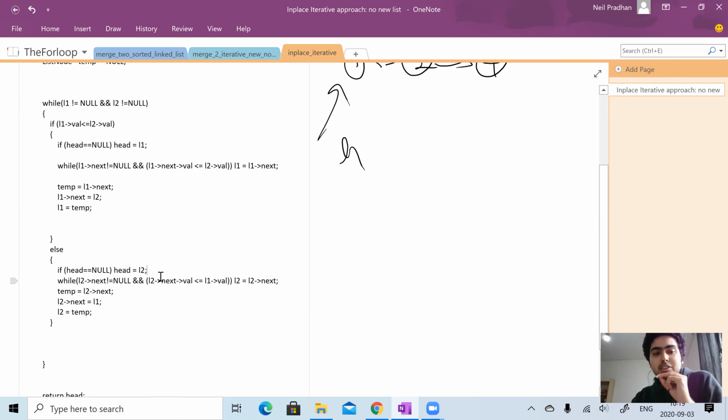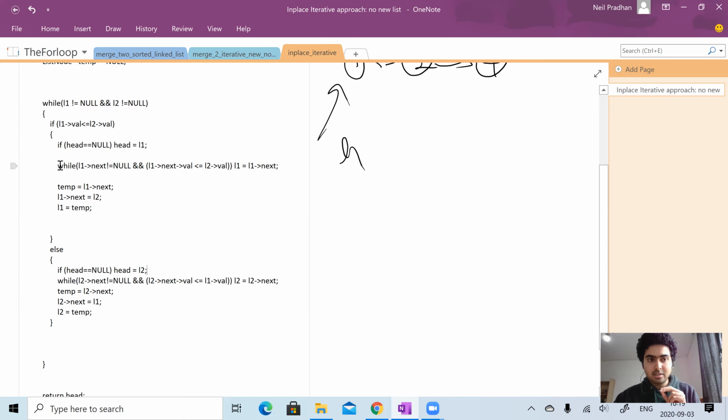And then we just forget about it, because the condition is head is equal to null. Now head will be something, so head will no longer be null, right? So we are done with the head. In the first iteration we'll have head, and after that we'll never have head, because that's all done.